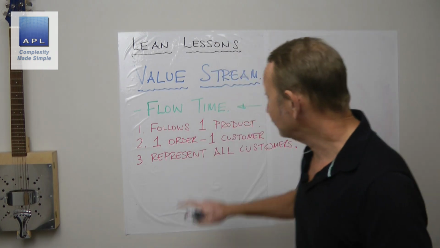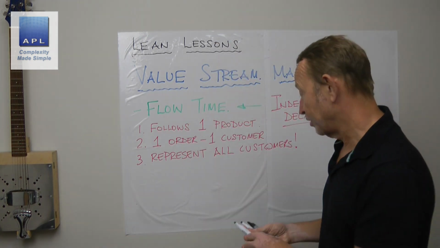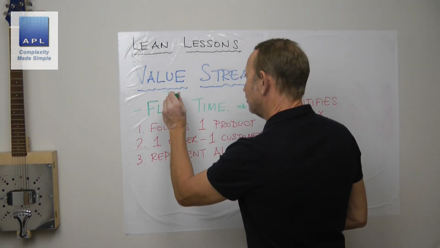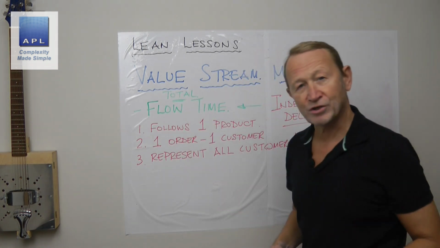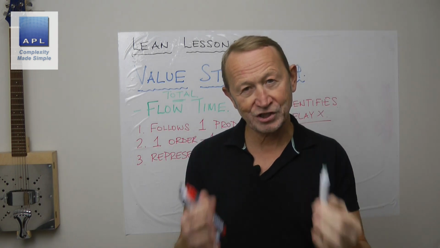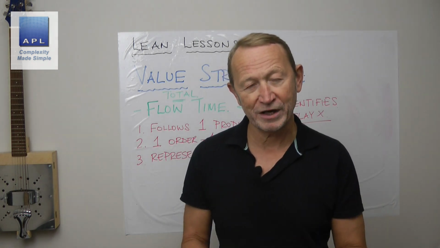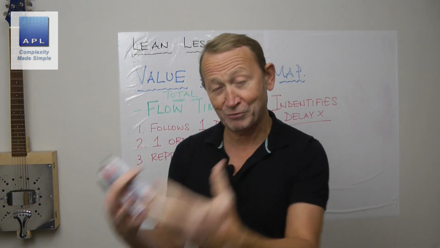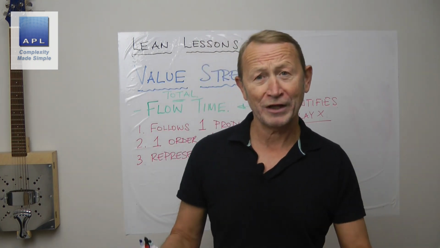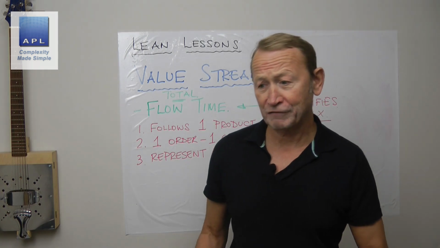And of course, what that's measuring is flow time. In other words, total flow time. And that's the standard way to measure waste. Now, of course, if you don't have a standard way of measuring waste in the company, so we're talking about standard work, what will happen? People will go looking for